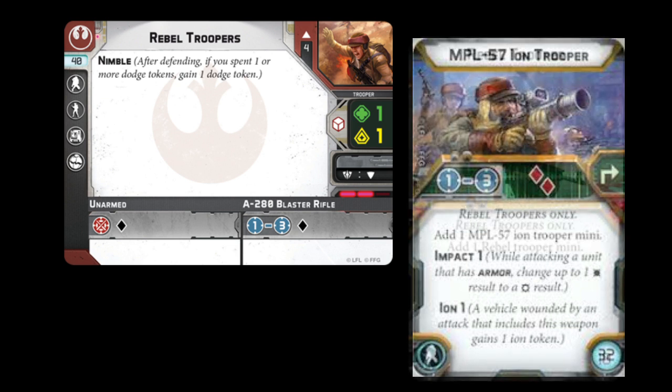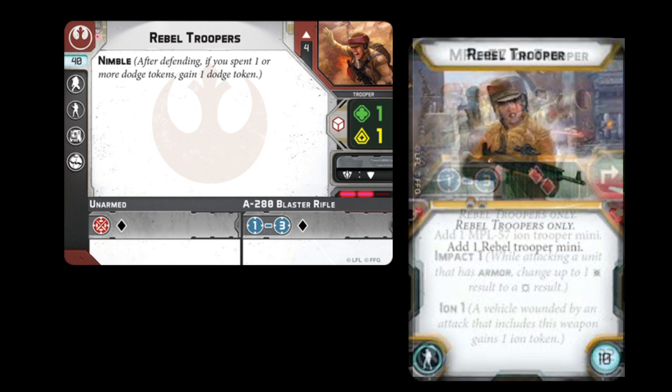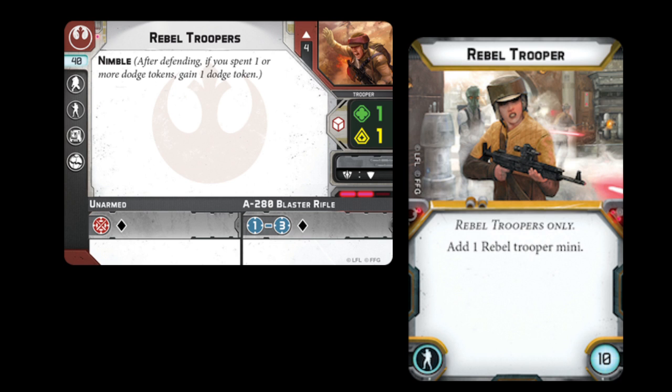Now we go on to the personnel slot. So in the personnel slot we have the Rebel Trooper first of all, which comes in the box, either in the core box or in the box with these troopers, with just one of these trooper units, their own box, and it costs 10 points for 1 additional Rebel Trooper mini. Yeah, you gain 1/4 points,